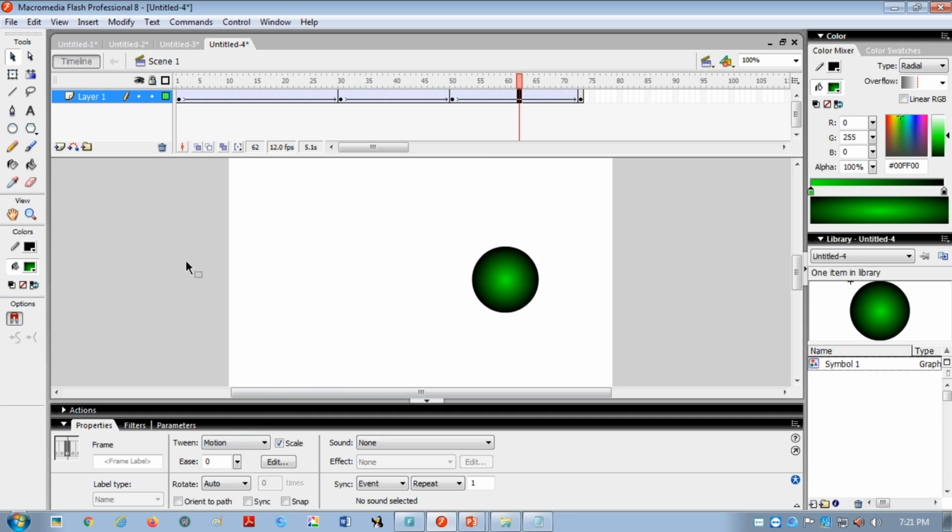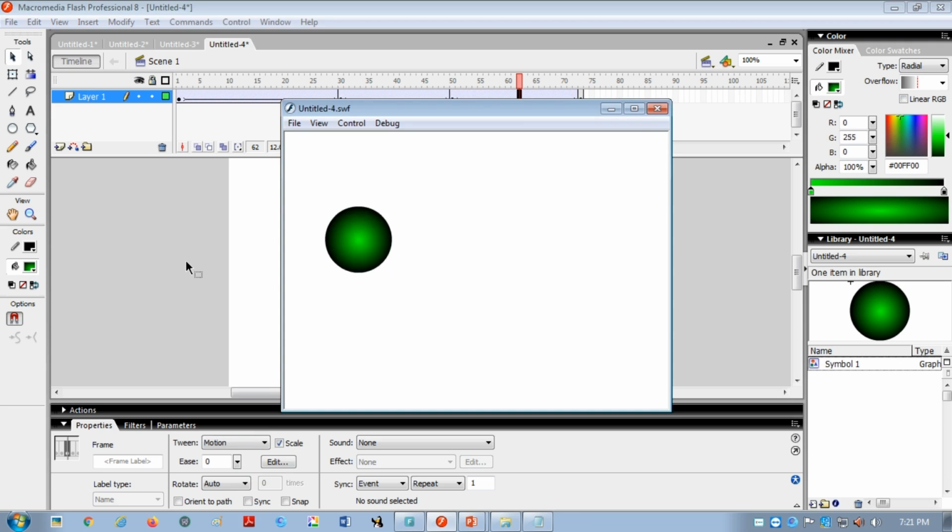So let's see how this motion tweening is happening. See, so this is called the bouncing effect, okay? Bouncing ball. So this is an example of motion tween. I hope everyone is understanding, and it will be more clear when you do practicals. If any doubt is coming, then you can ask me at any time in the WhatsApp group. Fine? Okay. So let me close this one.